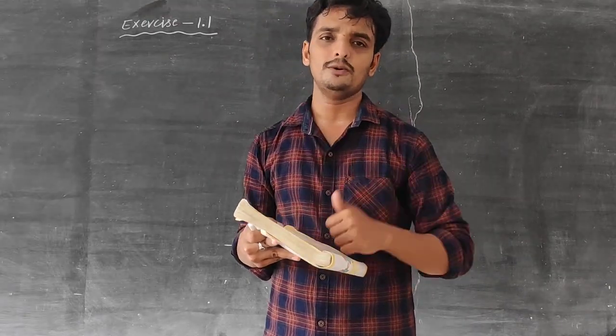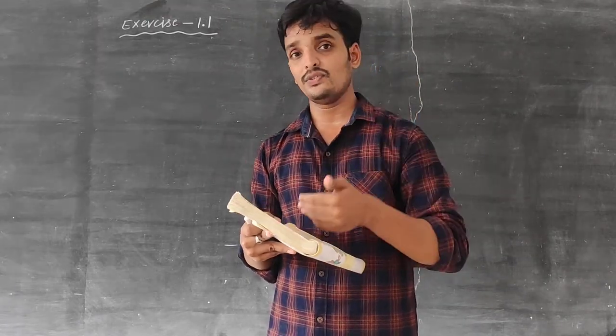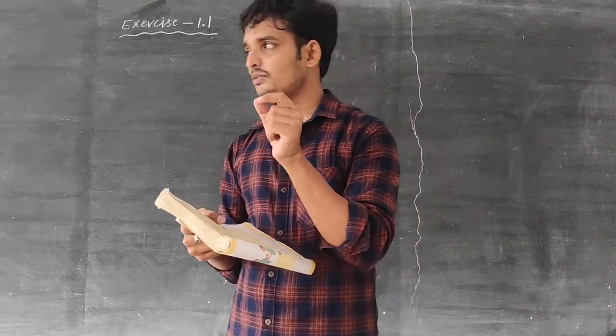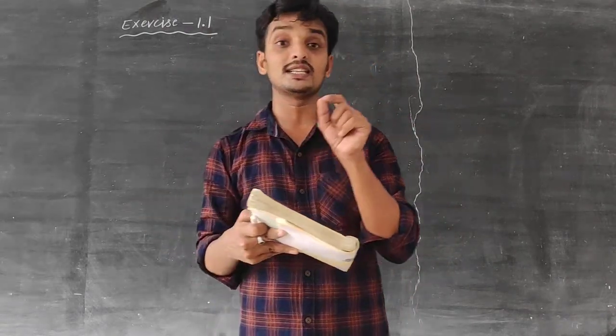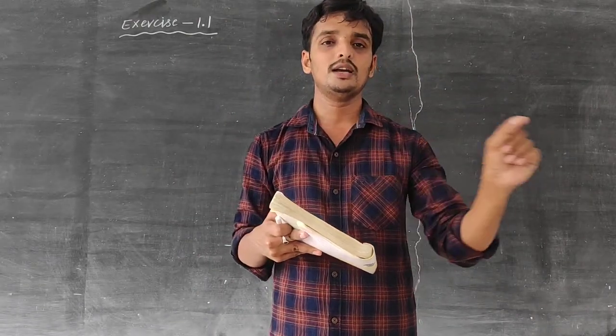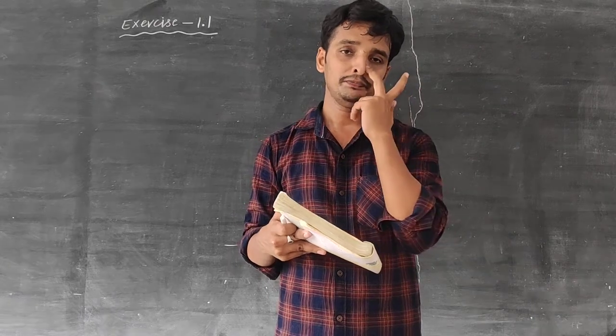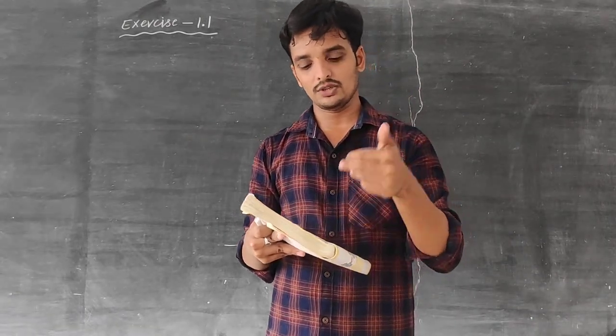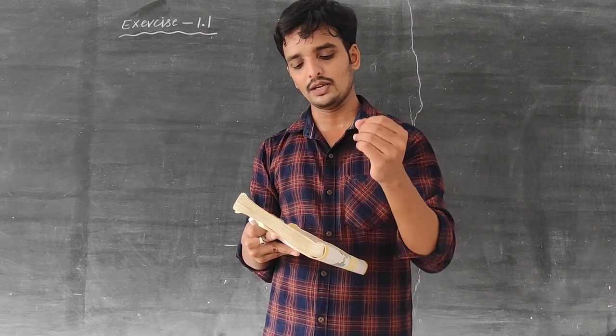And write in your own words. Then write: a number which has a decimal expansion that is terminating or non-terminating recurring decimal is called a rational number. So you can write in your own words. That is the second question. The first Roman A, B are the homework.